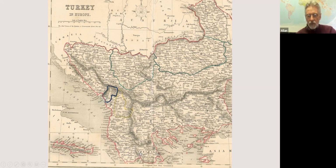In 1830, when the Greeks won their independence, it was only the lower portion of modern day Greece that was independent. So Thessaly is here, Epirus, and a lot of areas. These are not countries, but they're regions that are labeled by the terms we now recognize. We've got Croatia here, Bosnia, Serbia. Romania at that time was two provinces, Wallachia and Moldavia. Bulgaria here is a region,